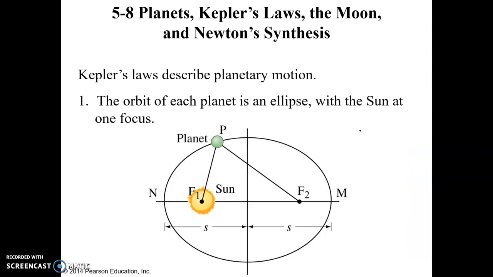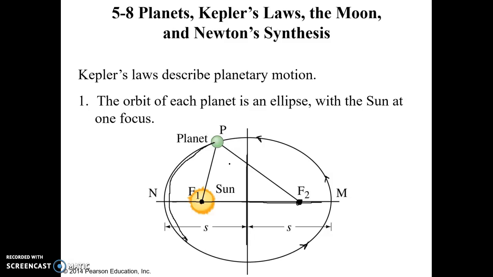And that brings us to one of our last topics of this chapter, which is Kepler's laws of planetary motion. So planets orbit the sun not in a circular orbit, but in an elliptical orbit. So it goes around here, and an ellipse, if you remember from geometry, has two focuses or foci. So an ellipse has two foci. Two of them are along the larger major axis, and then that's perpendicular to the minor axis.